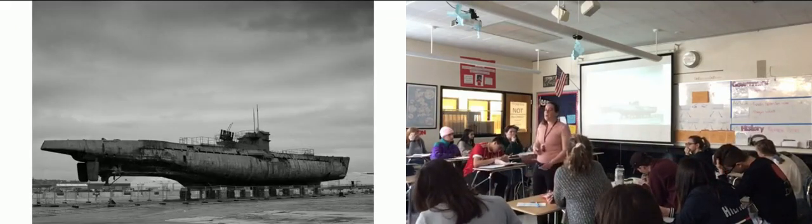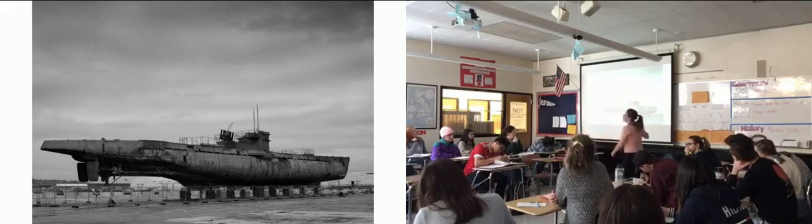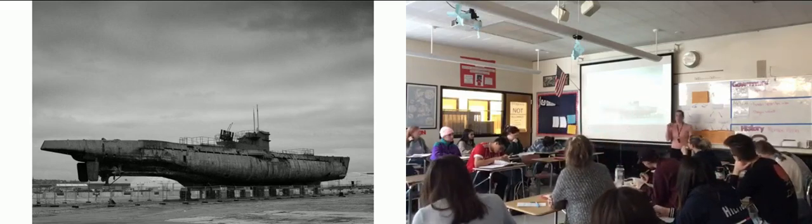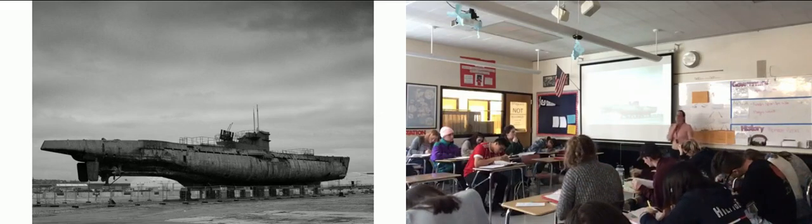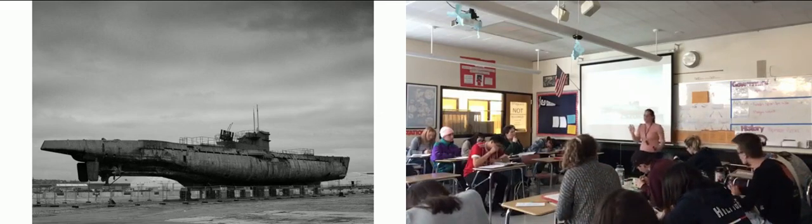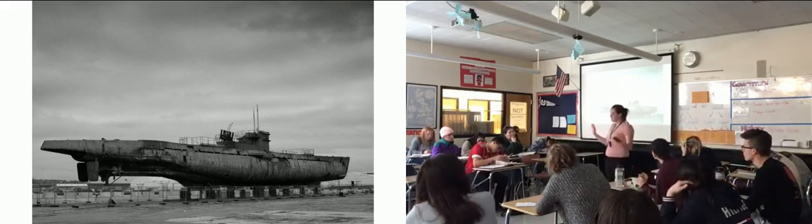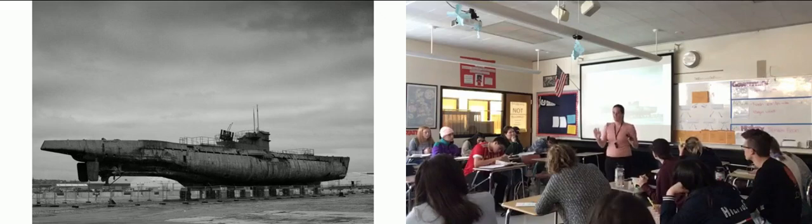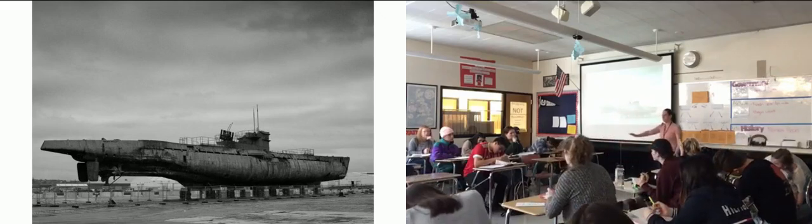Now, the next thing that's going to happen, and this one is really important, is the idea of the U-boat. So I would underline or star the word U-boat. U-boats is basically, and I'm sure you know more about it, but for the basics of this, we're going to say it's a German submarine. That's the easiest way to remember it.